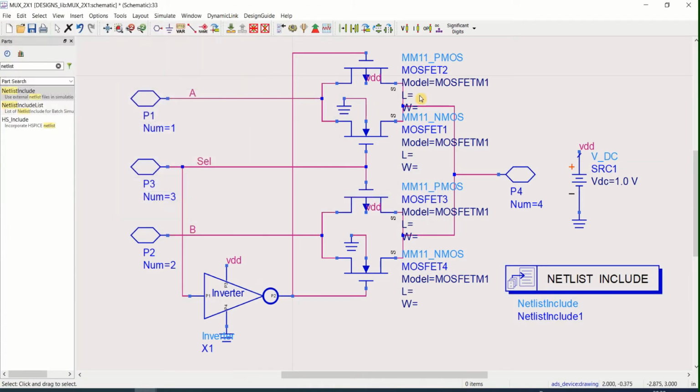Apply. Okay. Change the model name to CMOS P for PMOS and CMOS N for NMOS.